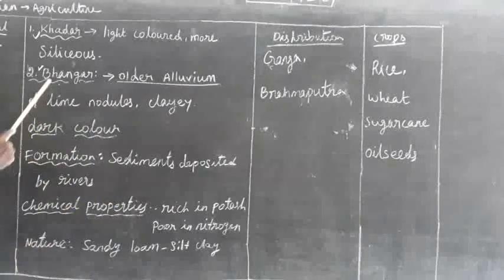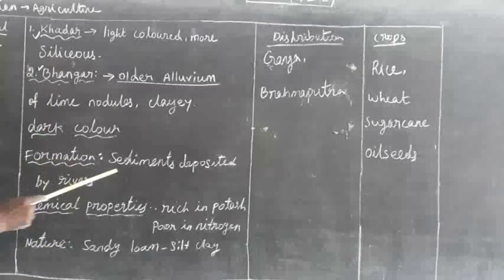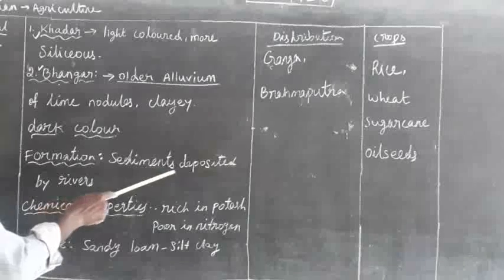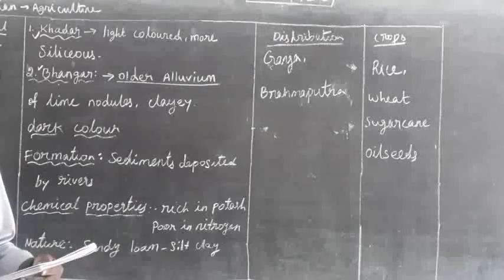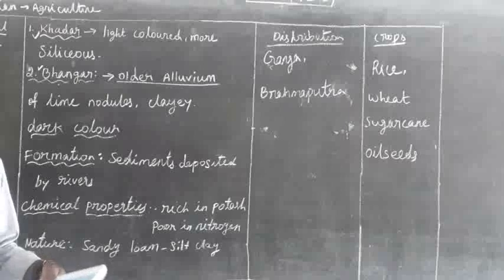Dark colors are Bangar. Alluvial soil is mainly formed of sediment deposited by the streams and rivers, which slowly